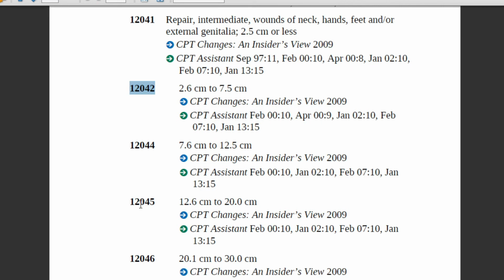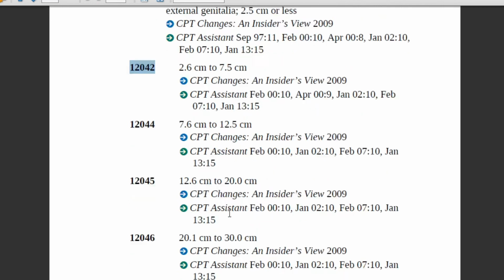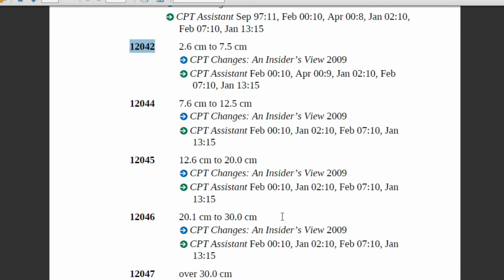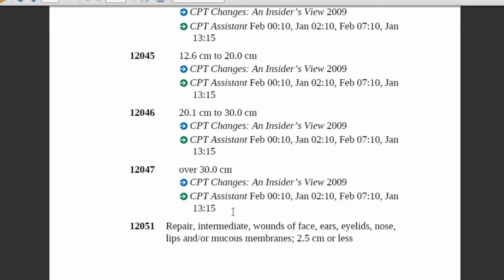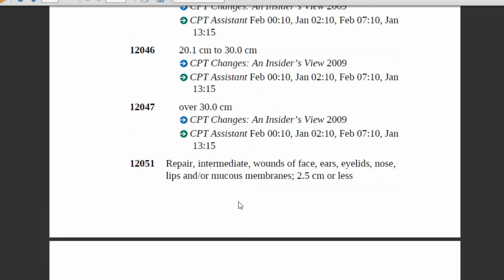If it is up to 12.5 centimeters or 20 centimeters or 30 centimeters, assign the code related to the diameter, or over 30 centimeters, assign 12047.